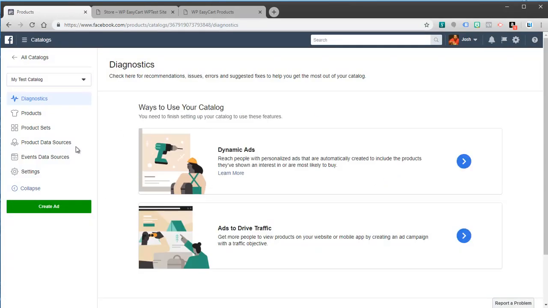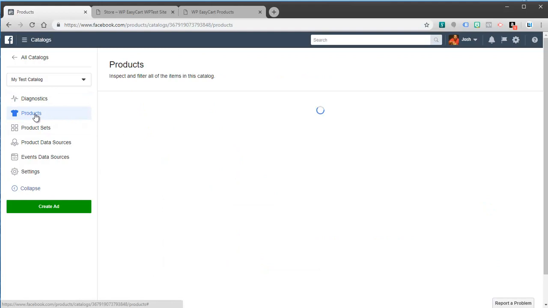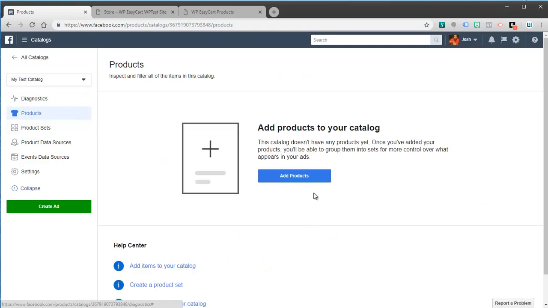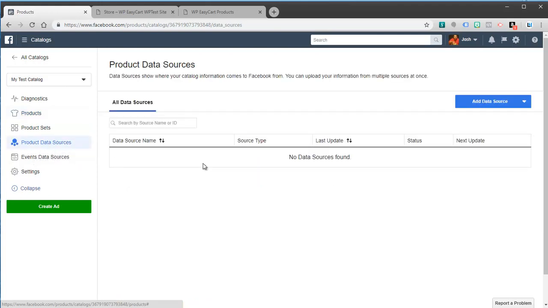Once you have your catalog set, you can click on products, and you'll notice that we don't have any products in here. You could manually add products, but we want to do it dynamically. And so we're going to give our catalog a data source, and that's the whole purpose of our extension, is to do that. And so I go to data sources, and I'm going to add a data source,